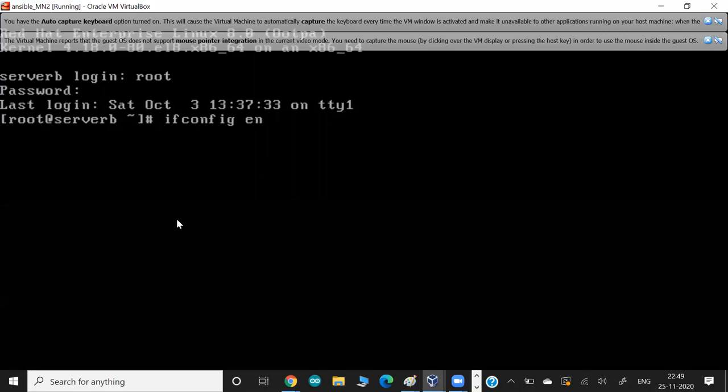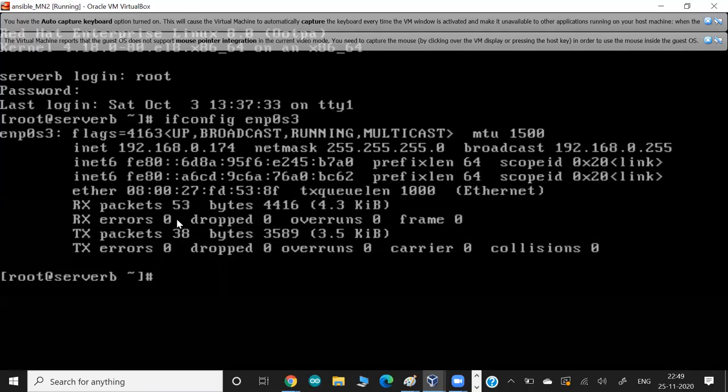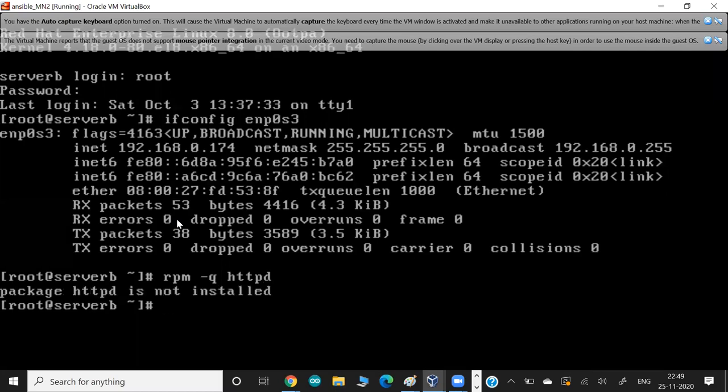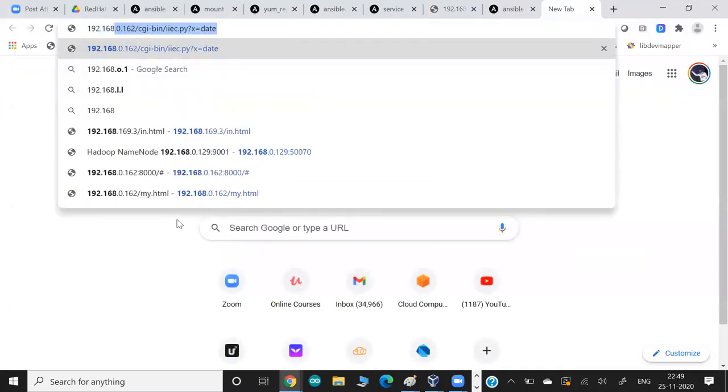This is a new system we have. We just have to go to the inventory and update the IP there. That's all. So with one click, the same new system will be configured for us. You don't have to apply all those settings again. So for example, let me pick this IP 174. In this system, guys, we don't have any web server installed. And if you try to connect to 174,